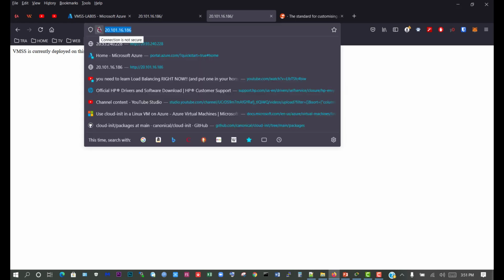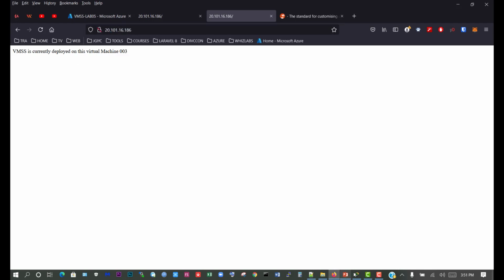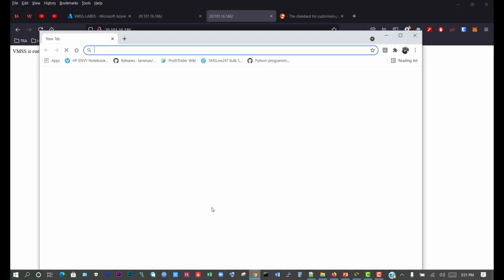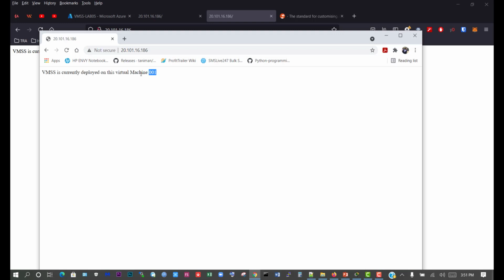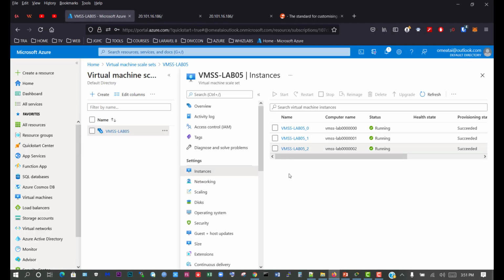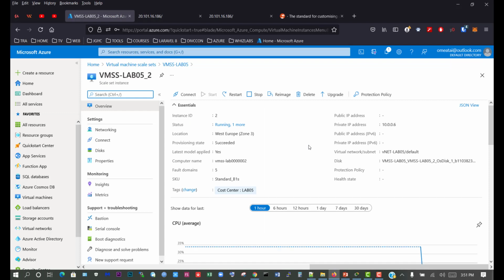So let's just copy this once again, and let's use another browser, and we paste that in and enter, and see we're back to the virtual machine 001. And if we refresh, we're back again to virtual machine 003. So I'm going to stop the virtual machine 003, and let's see the virtual machine it will choose. So I'll go back to the Azure portal, and I'm going to select the virtual machine, and now I'm going to stop it. Yes,